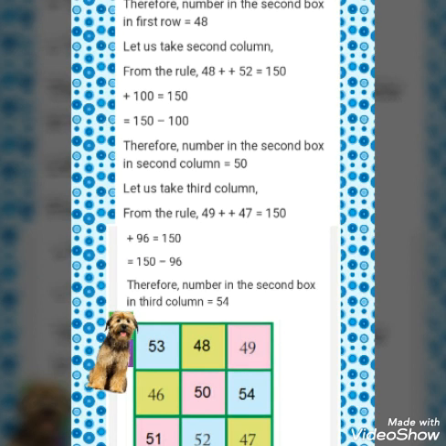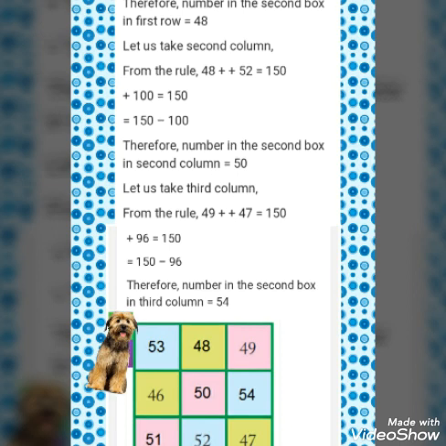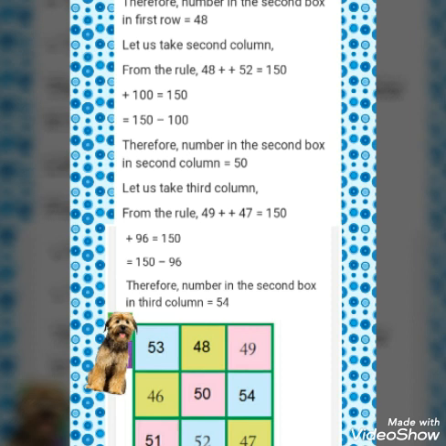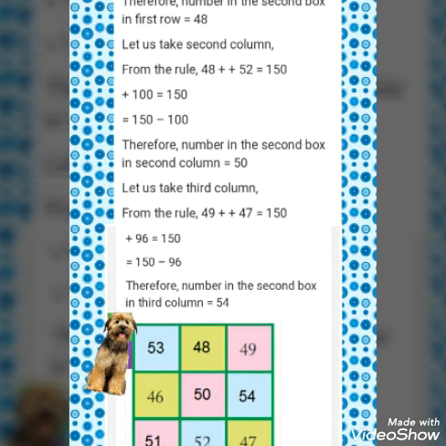Now all the answers you will put in the square, in the box that was there in your book already, and then you will fill up the answers. But I will tell all the students to first solve it by yourself in the rough. First you solve it by yourself in the rough, then you see the video and cross check your answer. In this way you will be able to solve first of all by yourself, and it will be a mental math exercise for you also, on how you are going to find the answer.